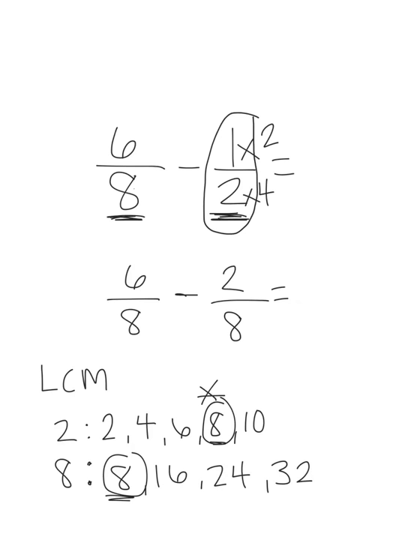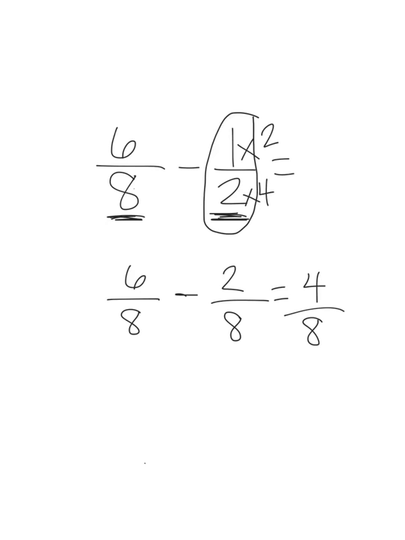Right? And let's go ahead and subtract that. If I take 6/8 and I subtract or take away 2/8, I now have 4/8. Okay. And for some of you, or for most of you, you know that that simplifies down to 1/2. But let's talk about how we can get that down to 1/2, just so we can review it one more time. All right, so if I have 4/8,